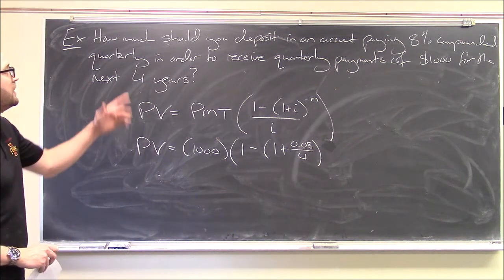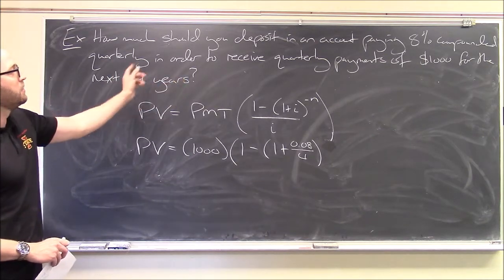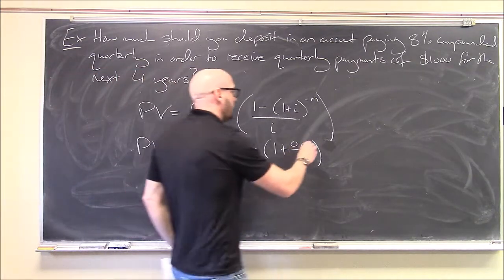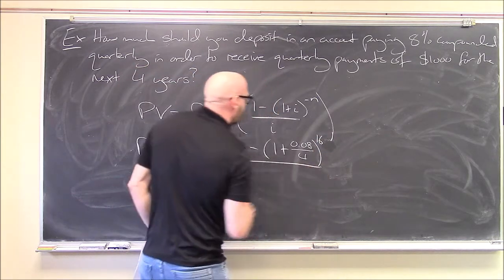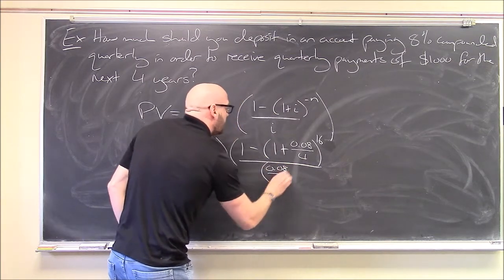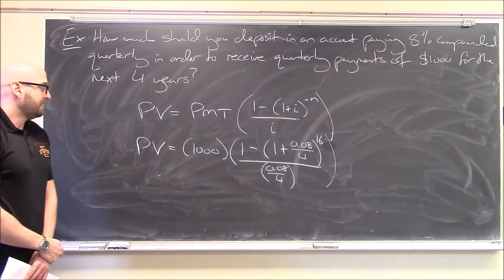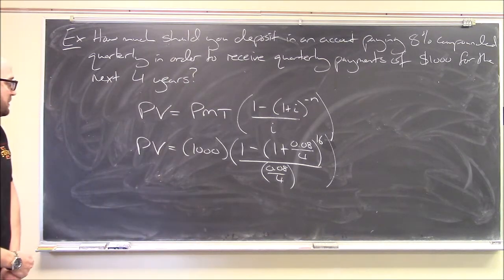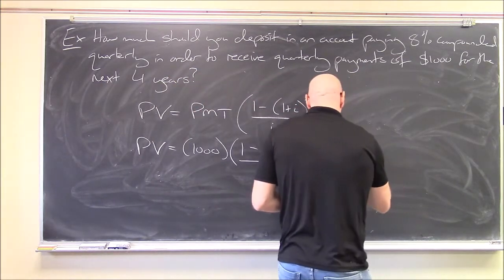It's the total number of periods. So we have 4 periods per year for 4 years. 4 times 4 is 16 total periods. Over i once again, over 0.08 divided by 4. And that's it. Plug all this into a calculator. Be careful with your rounding as always. But I get,